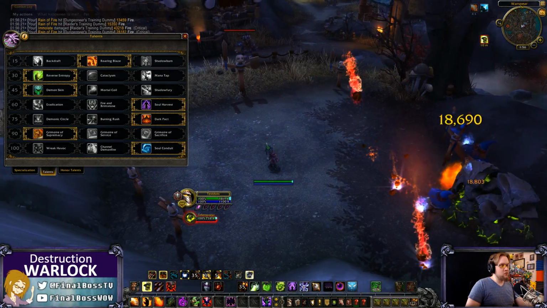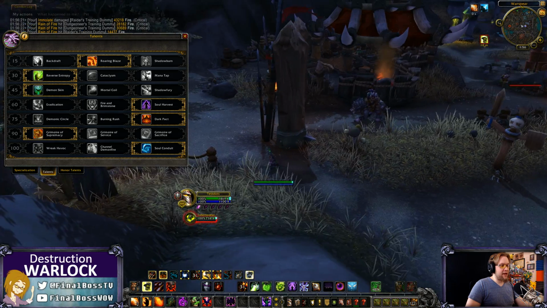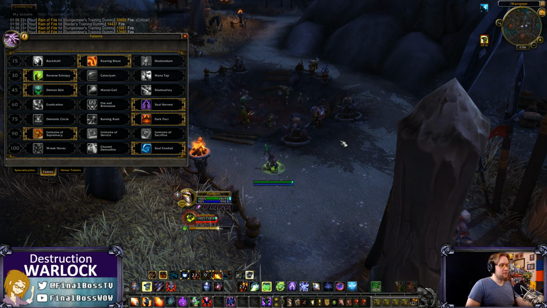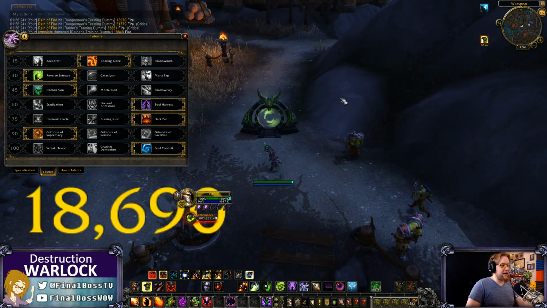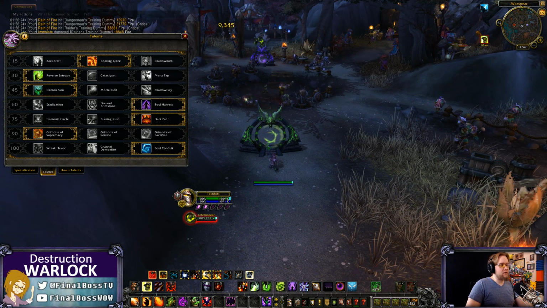Did I AoE you somehow? What the heck? Excuse me? Pardon me? I need to change my talents, mister. Get out of here. Let me walk over here and pop this down. Oh my, I think my Infernal AoE when it fell from the sky must have AoE'd him. That does happen. The AoE on those Infernals landing is...